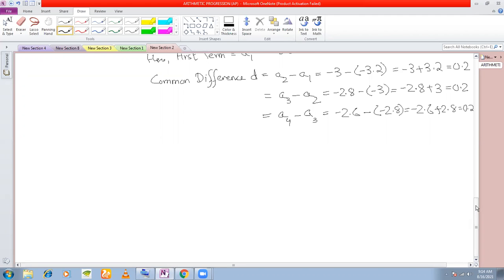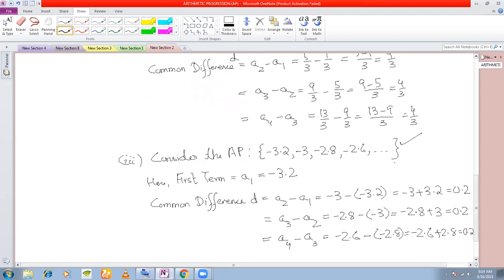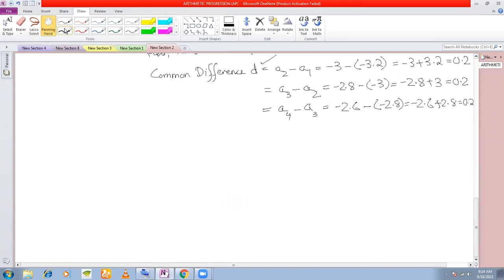See, in all these cases, I have given you the set of numbers, and you are writing the first term and the common difference. Now, what if I give you A1 and D? That is, what if I give you the first term and the common difference, and you have to write the AP? Before that, I would like to say here is that an AP is completely determined